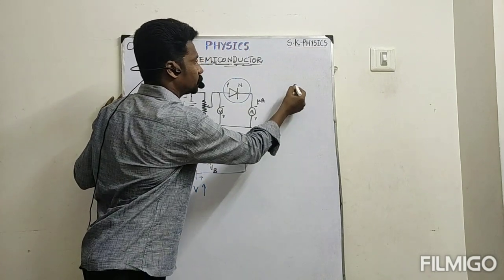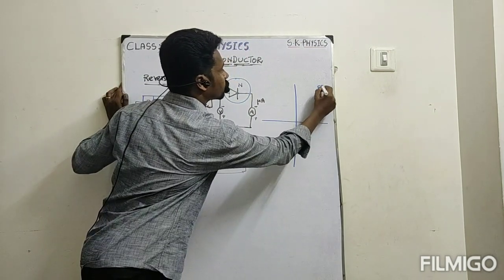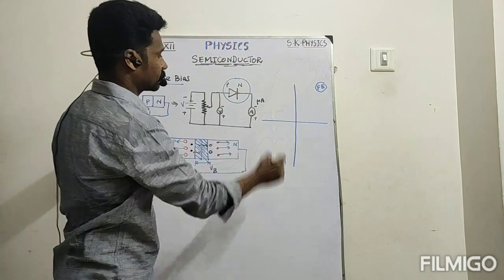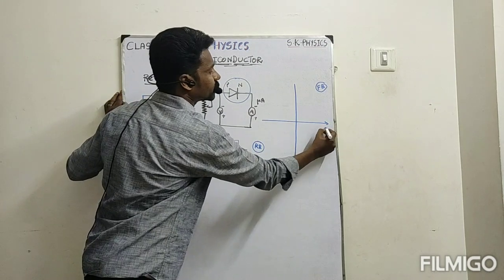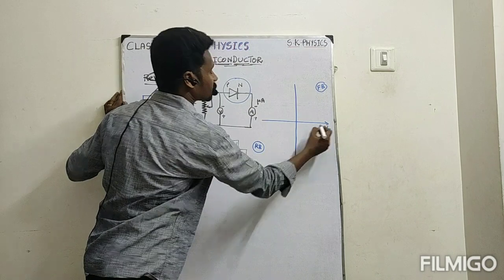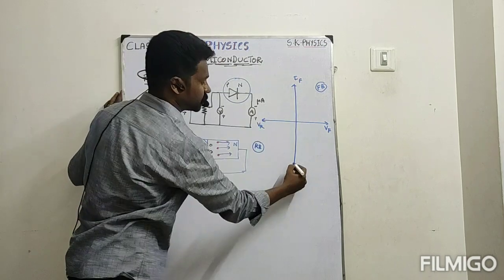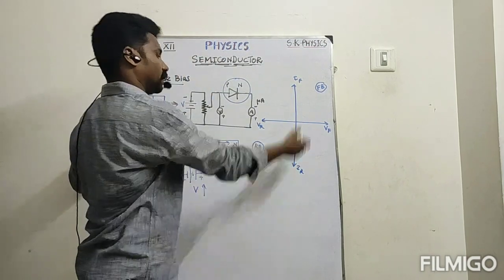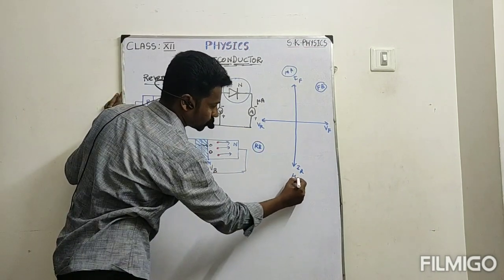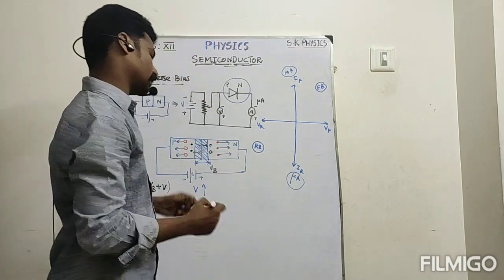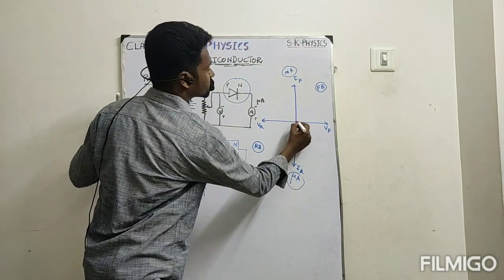This is the forward region, already explained. Then this region is the reverse bias region. One more time: this is voltage in forward bias, here voltage in reverse bias, here current in forward bias, and here current in reverse bias. In the forward bias the current is in milliampere, but in the reverse bias, due to the minority charge carriers' conduction, it is in microampere. This curve is already clear, no issues.